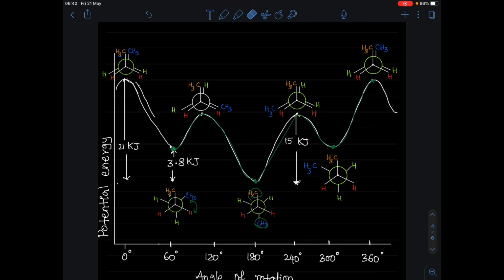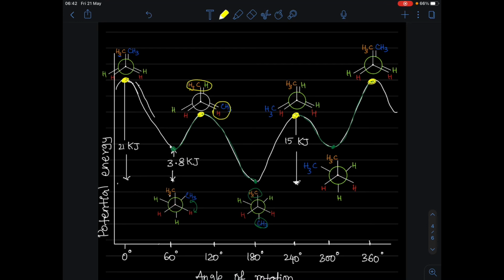If you look at this graph, there are peaks and valleys, and all the peaks are occupied by the eclipsed conformations. Let me show here: there is a peak, here a peak, here a peak, and there are 4 peaks. All are occupied by eclipsed conformations. The highest point is the completely eclipsed structure, whereas these structures are also eclipsed, but the eclipsing in this case is between the methyl and hydrogens here. So they are somewhat less energetic than the completely eclipsed structure.